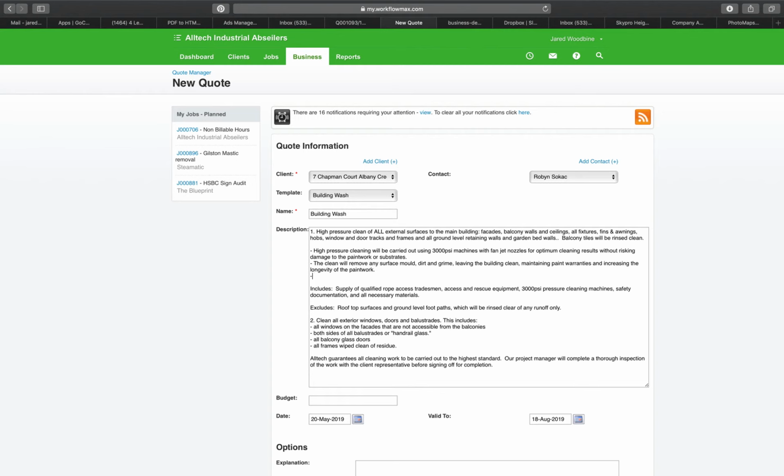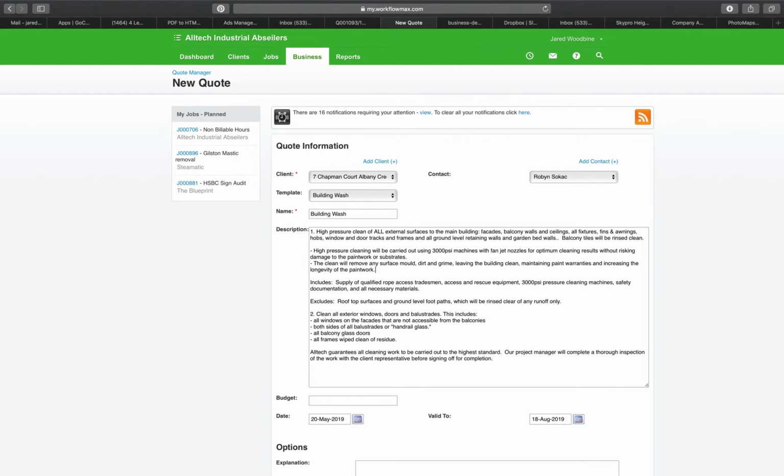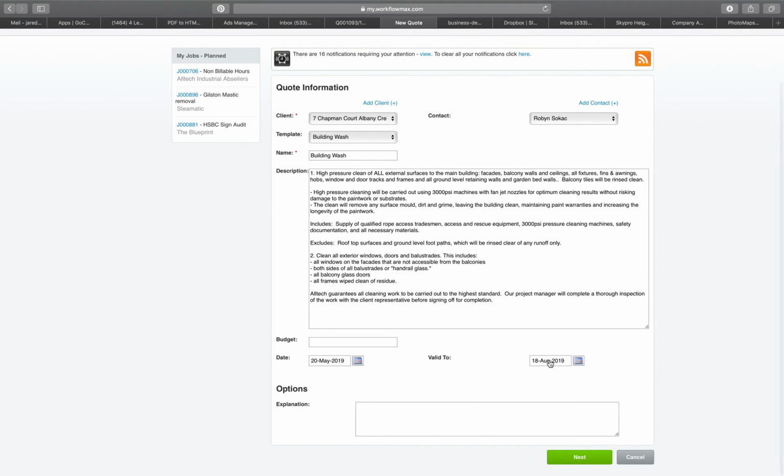I'm not going to type that out now, it's just time consuming, but you understand what I mean. Adding the special little features in, special inclusions, conversations you've had with the building managers, try and make this as targeted and as personal as possible, especially if you've brought up extras. All right, then I would hit next,